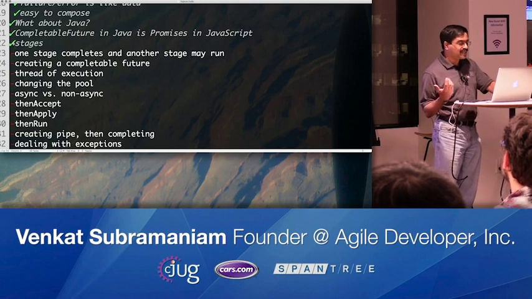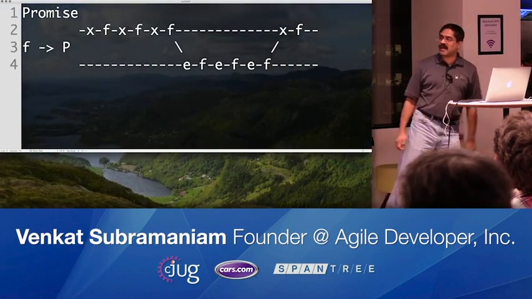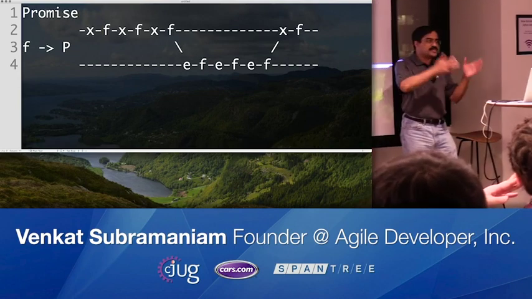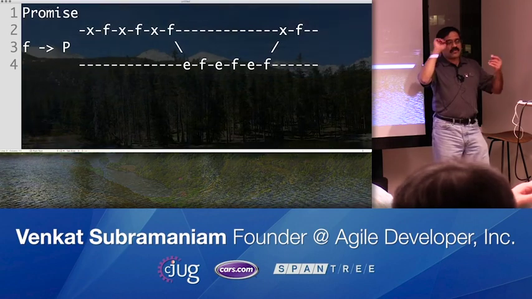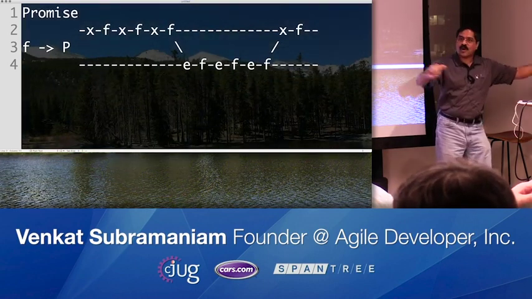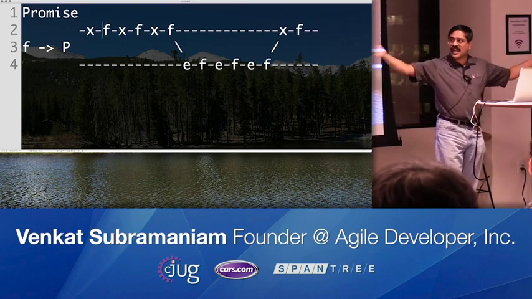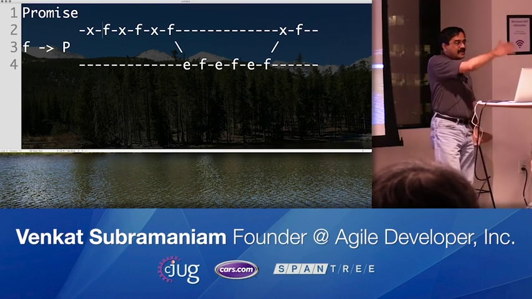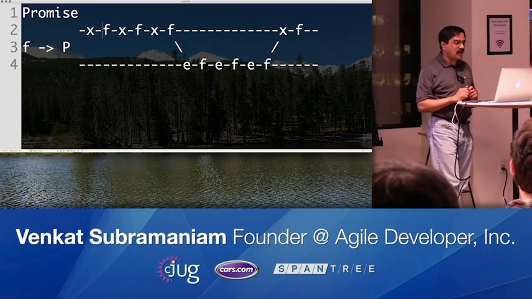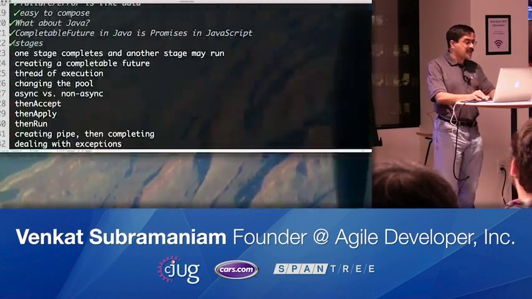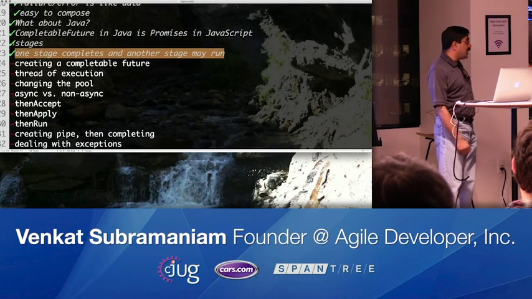So what is really a stage? A stage is really a segment in this pipeline, and you put these stages together, kind of like cars in a train. You could have a train with 7 cars in it, you can have a train with 15 cars in it, and look at these stages as cars in the train, and the data just moves from one car to the next car to the next car in that pipeline of transformations, and that becomes your stages. When one stage completes, another stage is ready to run.